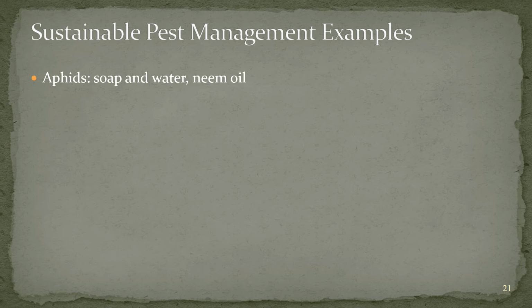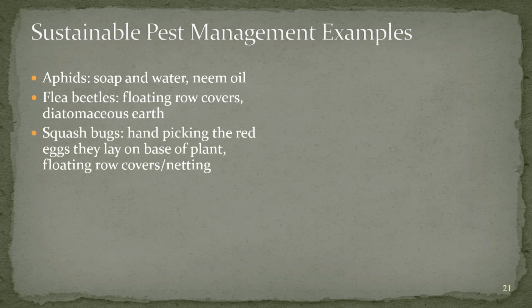Some more sustainable pest management examples. Aphids can be taken care of using soap and water or neem oil. Flea beetles can be minimized or avoided using floating row covers or diatomaceous earth. Squash bugs can be hand-picked. They lay a red egg on the base of the plant, and so you can hand-pick those red eggs off